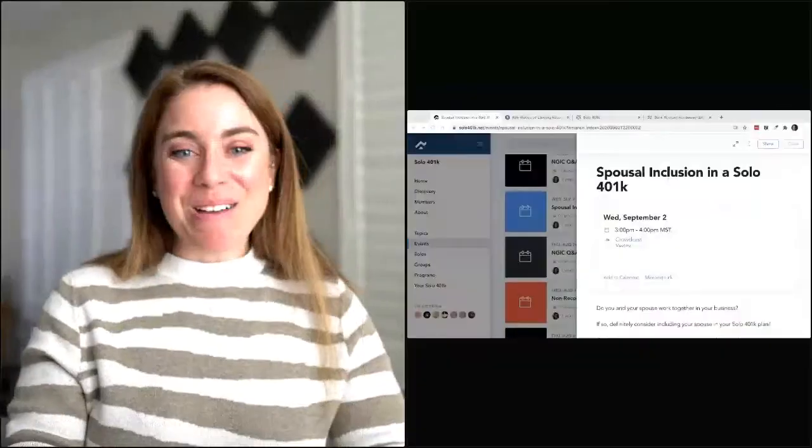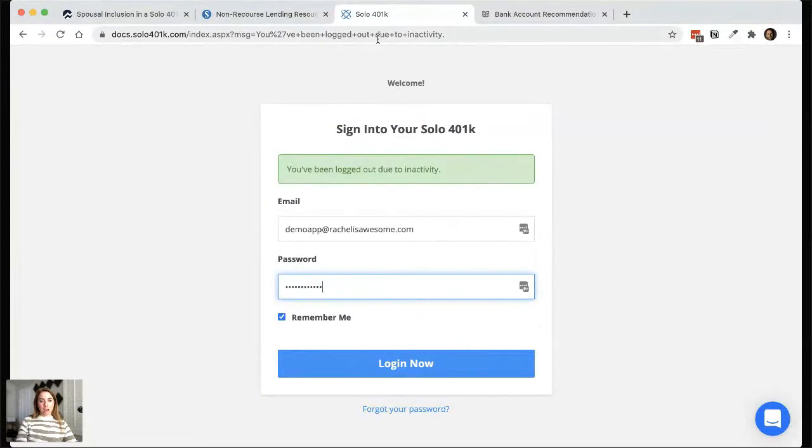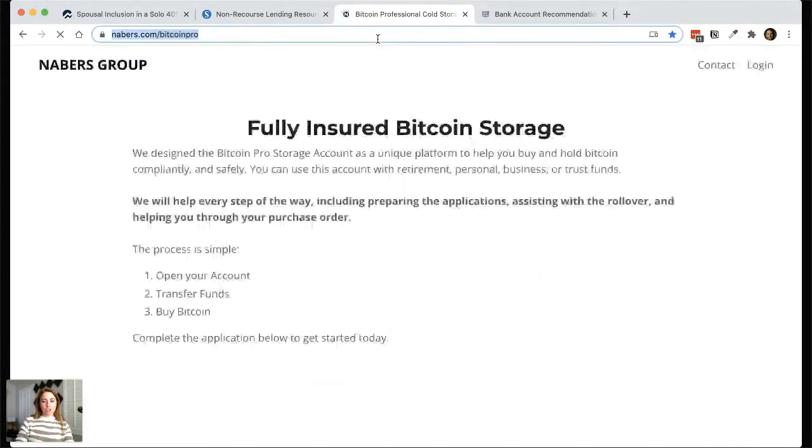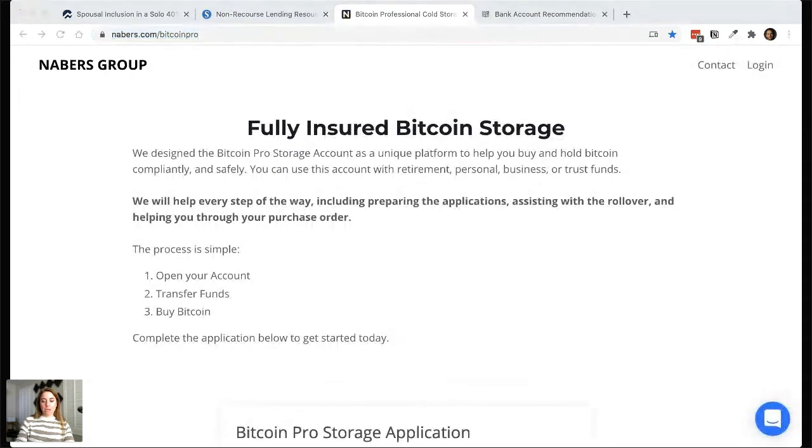For some of our clients that don't want to wait or don't want to have to deal with figuring out custody for cryptocurrency, which is a digital bearer asset, then our Bitcoin Pro storage platform is definitely something that you should consider. And I will share my screen. I know you guys see me do this about 15 times every Q&A call, but I'm going to share my screen, and I'll also post a link to this in the chat. If you go to neighbors.com/Bitcoin Pro,